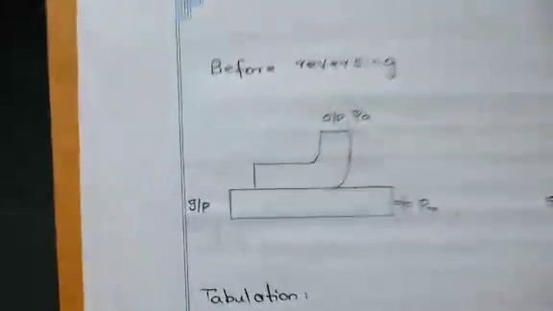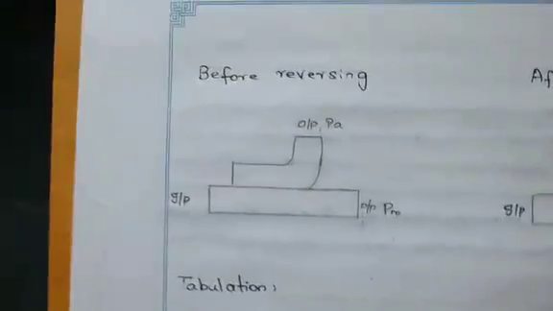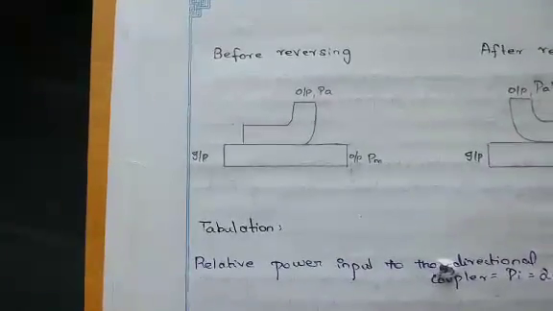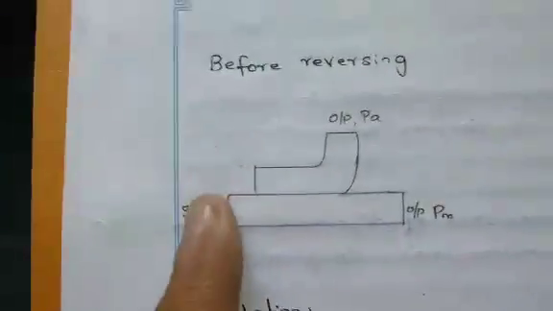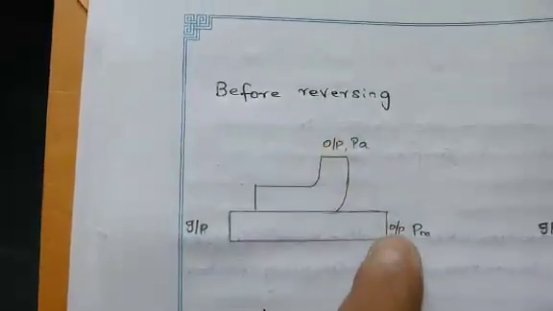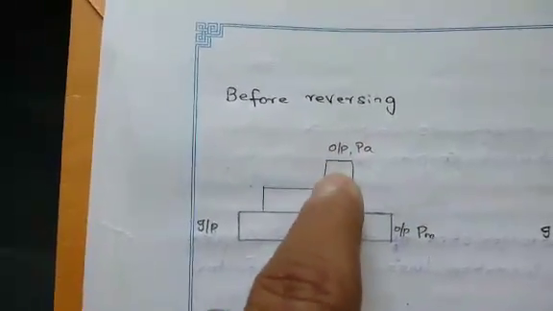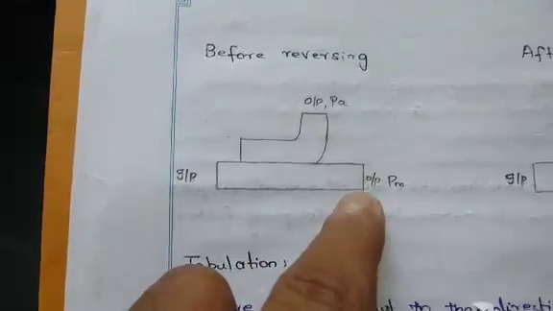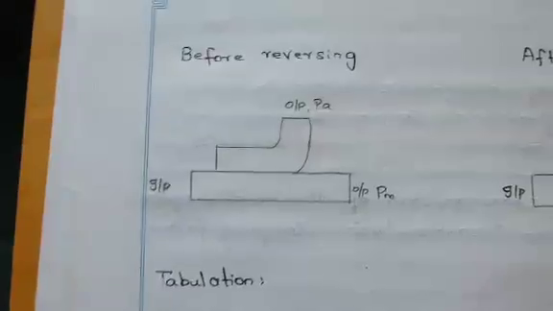Then we have to find the output from the directional coupler by connecting it in the normal direction and in the reverse direction. So that is before reversing, after reversing. We have to find the output and note it down here. In the forward direction, you have to connect like this. So the input is given here. The output will be seen here and here. If you see the output here, the third port will be match terminated, and if you see the output here, the second port will be match terminated. You should not leave any port free.